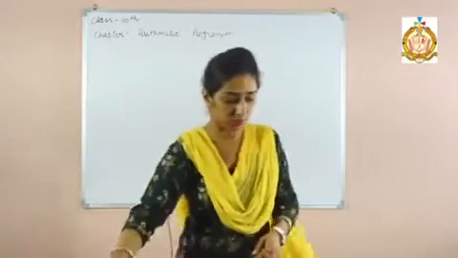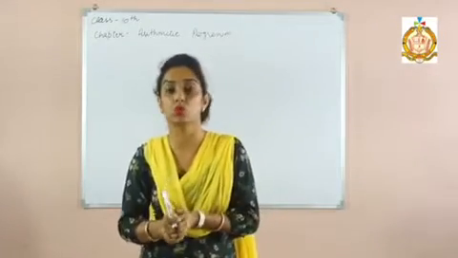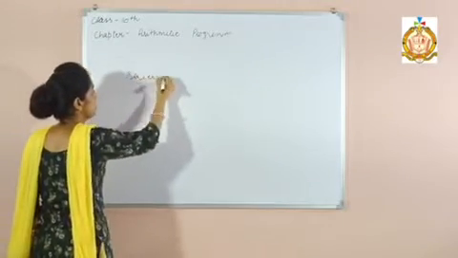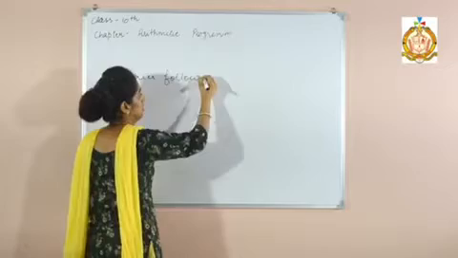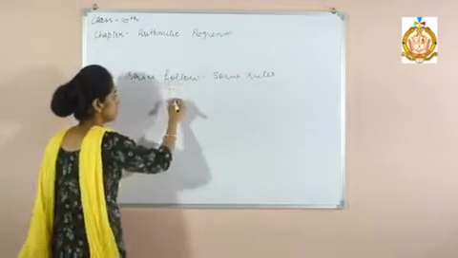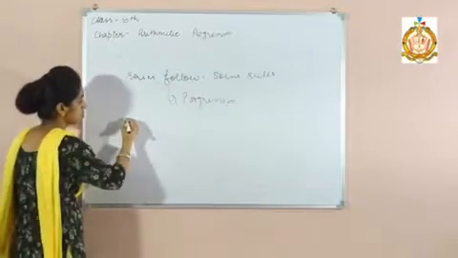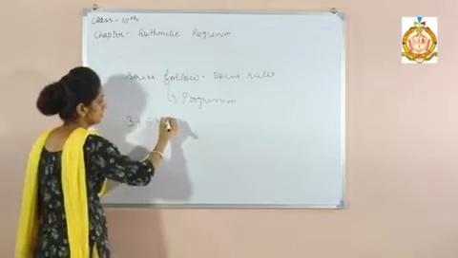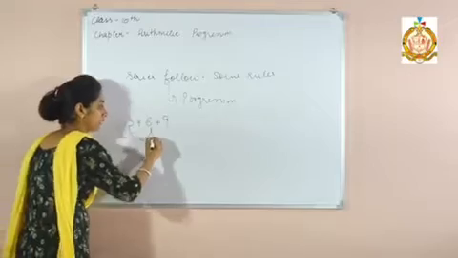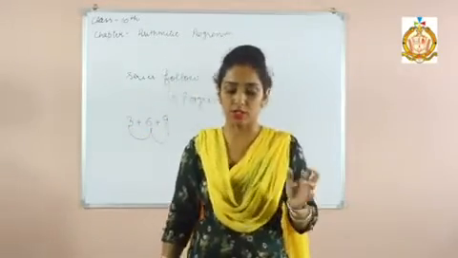Now, when the numbers of a series are written in a definite order following some rules, it's called the progression. For example, 2, 3, 6, 9 up to so on. See, there is a difference of 3. Then again there is a difference of 3, so it follows some particular rule. So it is called the progression.